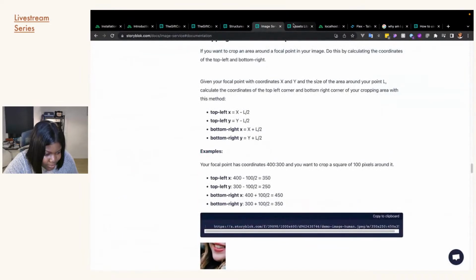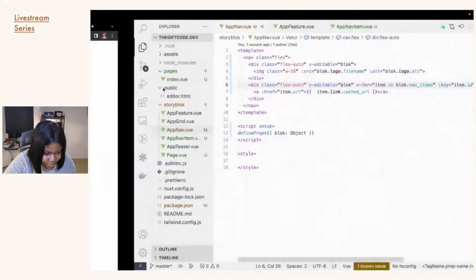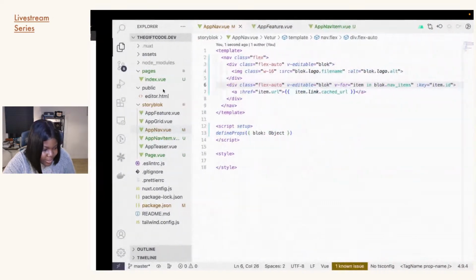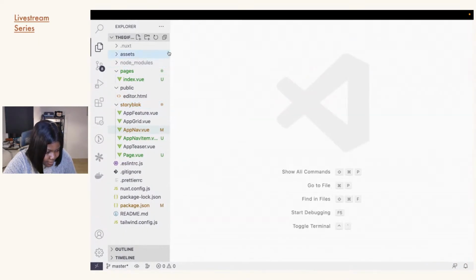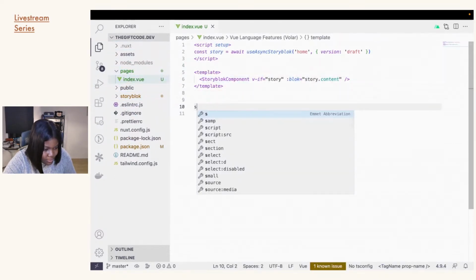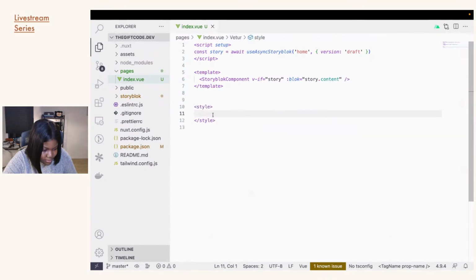But this is not what I'm looking for. Like, this is what we have now. Obviously, this is not what I'm looking for. This is too much for me. So I will first of all write the base classes. So let's start from there. So in the index.view, I'm going to put a style CSS thing here and call this maybe HTML,